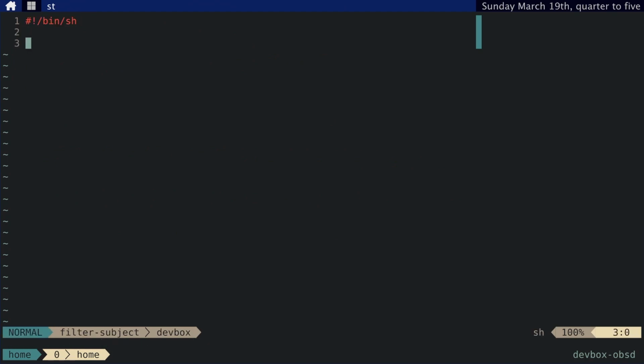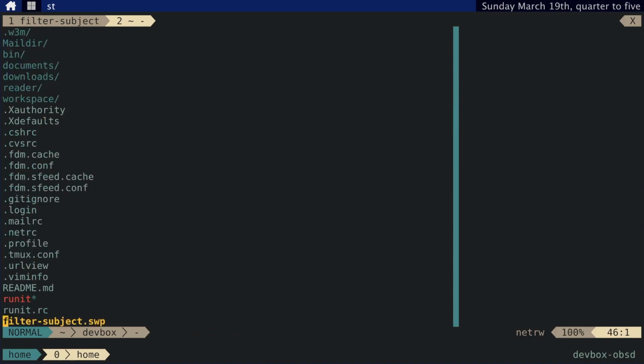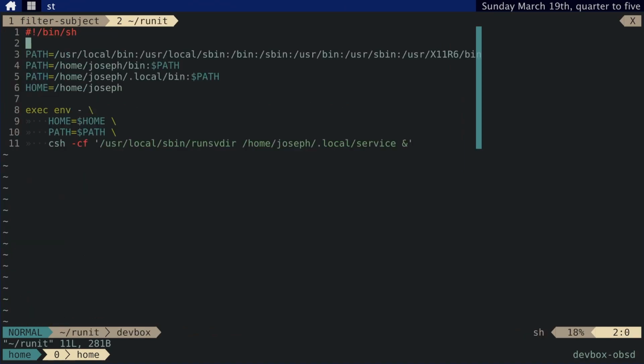And then this script is going to be run by smtpd. And while it will be run as my user and my user group, I'm not really sure what environment variables are going to be present. So rather than just guess, I'm just going to wipe out all the environment variables and then just pass in the ones that I want. Similar to the ones where I did in my run it video. So we're just going to use this